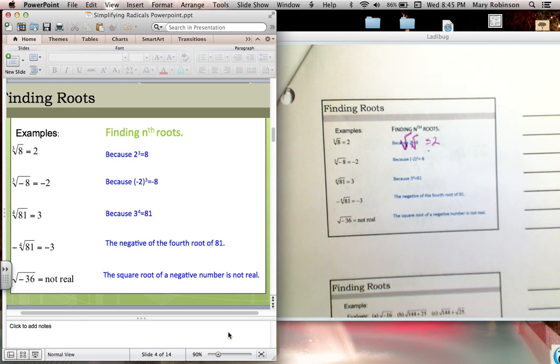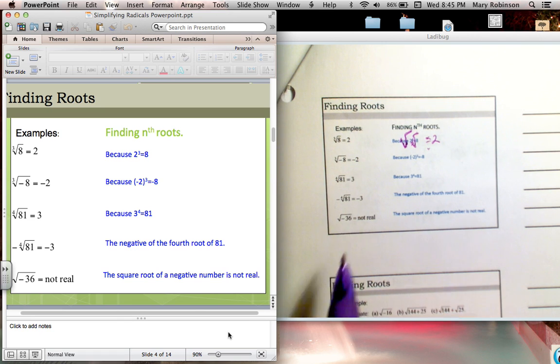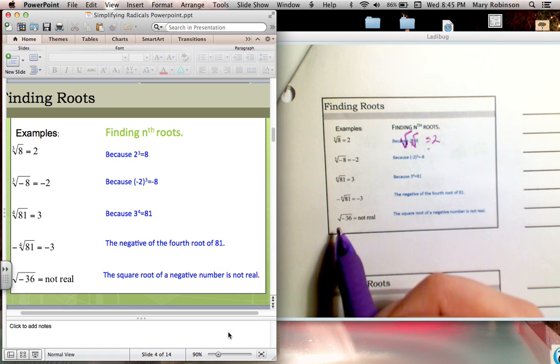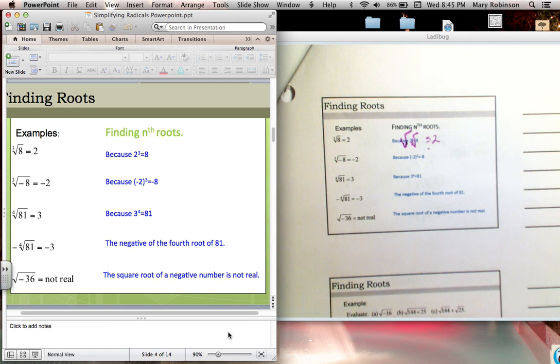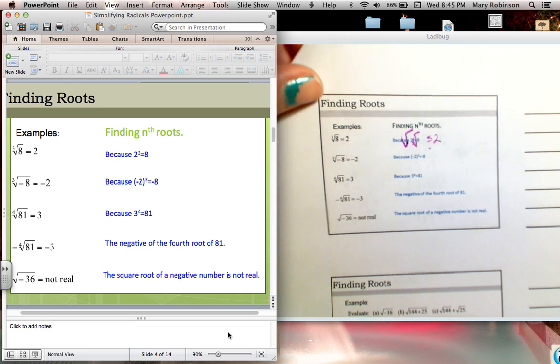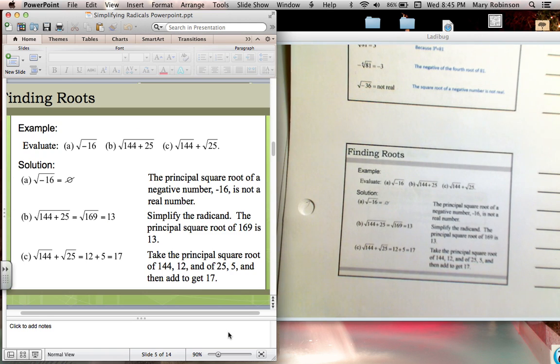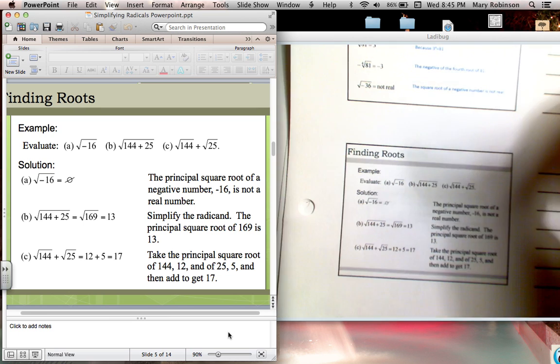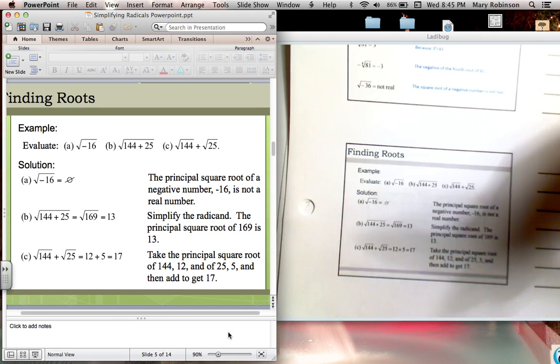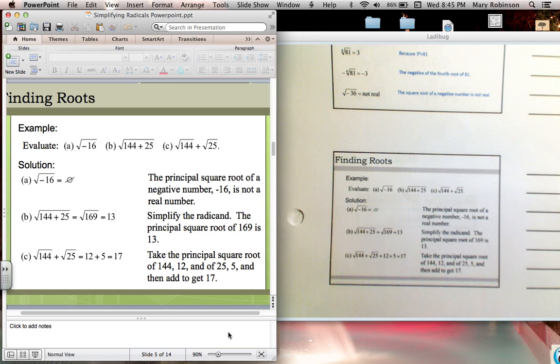Now, if the negative is under the radical, it gets a little tricky. For now, until we get to it, any square root of a negative number is not real. You cannot have the square root of a negative number. A few examples. We have the square root of negative 16. You know that the square root of 16 is 4, but the square root of negative 16 is not possible